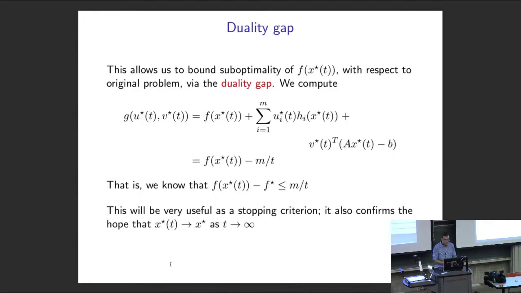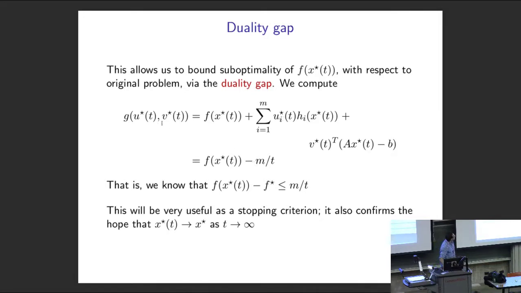Okay, we can take the criterion, let's say, at x star of t. We can take the dual criterion at u star of t and v star of t. We can take the difference between the primal and the dual. That'll give us a bona fide duality gap for the point x star of t for the original problem. Okay, so